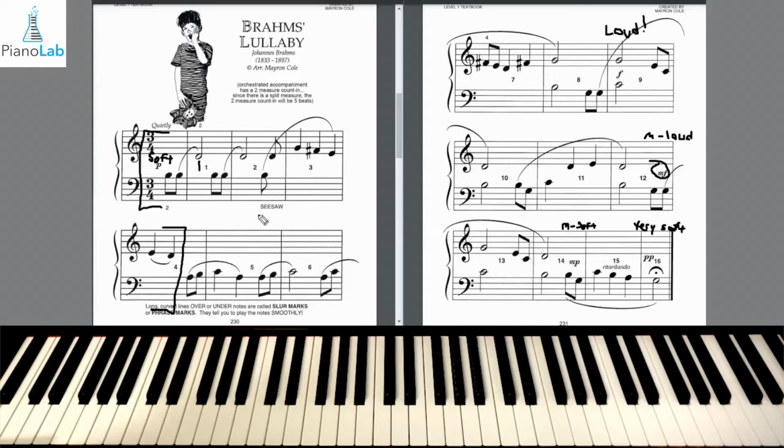So one last thing I want to talk about is this rhythm right here. It says seesaw. So these are what eighth notes look like. This little thing coming off of it is called a flag. So it's just like one of these eighth notes by itself. It's what they look like when they're on their own. So usually in music on the staff, we don't connect the beams between the bass clef and the treble clef, although you may see that in some music. So what they're doing here is just writing them separately, but it still sounds just like a running note.